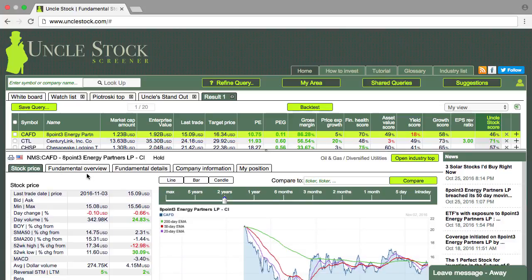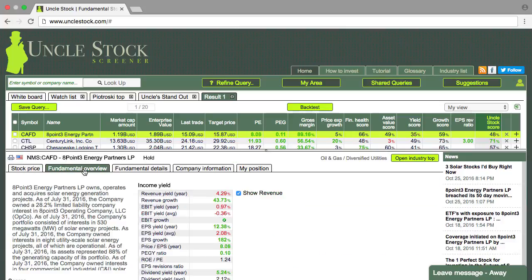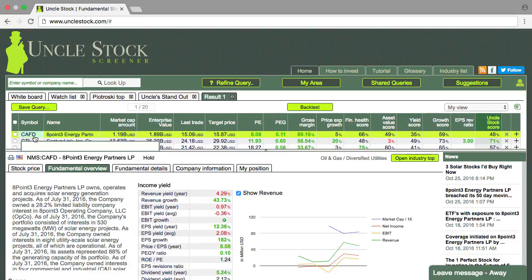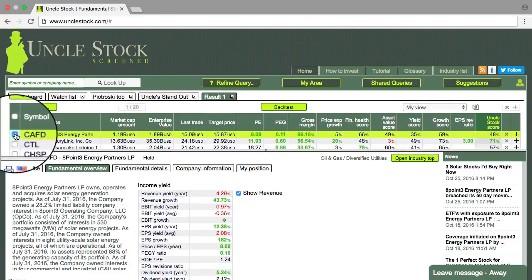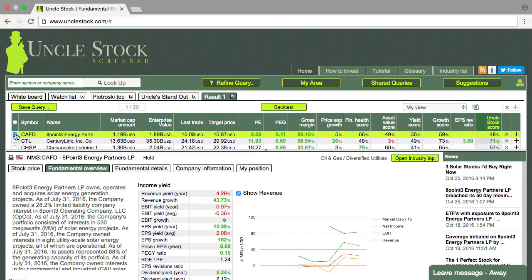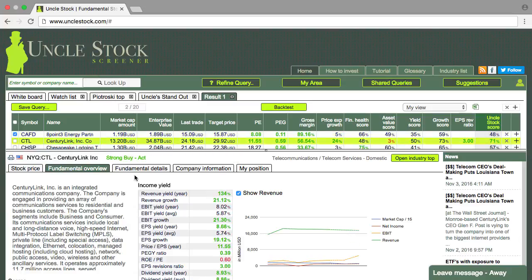we can then click on the Fundamental Overview tab to get a description of the company. We can just read through this, and if it's an industry that we're interested in or comfortable with, we can click the checkbox next to the ticker symbol of the company. This first one is into solar power, so we'll keep this for further analysis and then click on the next one. And this company